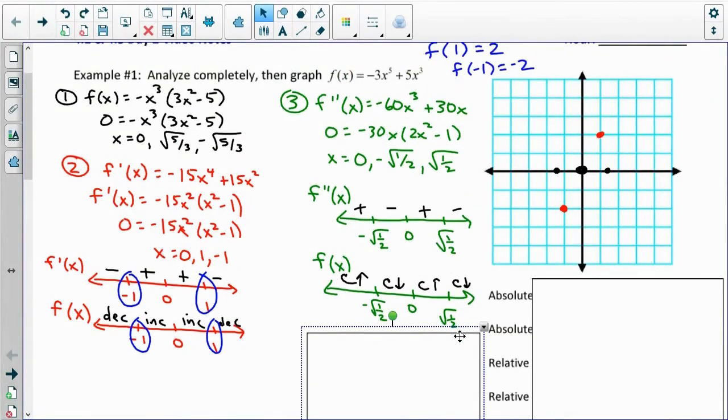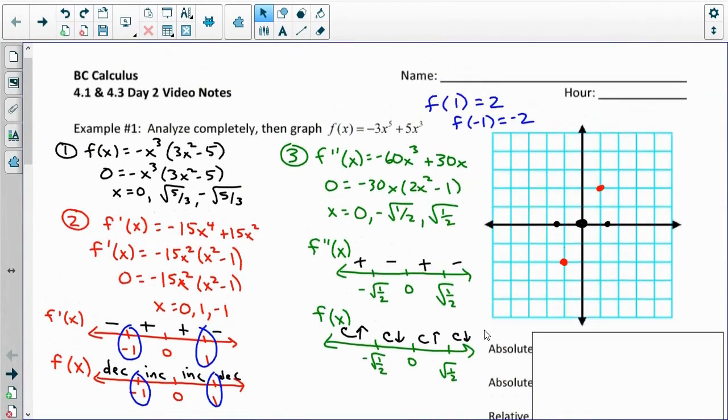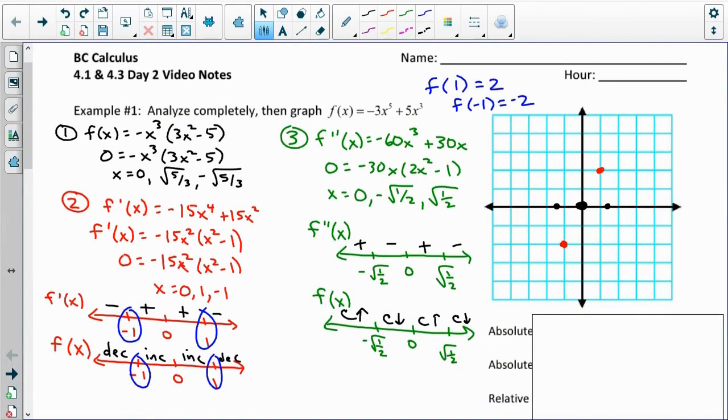So if I look at how this might look graphically, I'm going to look at what the values of my change in concavity are going to be. So at negative root 1/2, I'm going to change concavity. So that'll probably be somewhere around here. I will also change concavity at 0, and I will change concavity at around root 1/2. So what's definitely going to happen in this graph based on what I have is